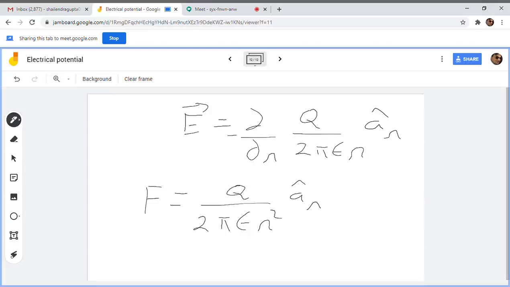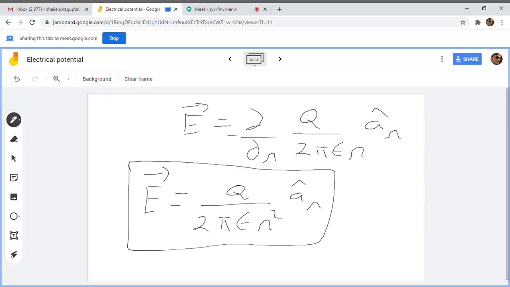Okay, so this is your electric field due to a point charge. See, we have used only the potential formula, and we have derived the electric field. So electric field is somewhat a more complex thing than defining a potential, because when you define potential, you just need to define the magnitude. But in electric field, you need to define the magnitude as well as the direction.